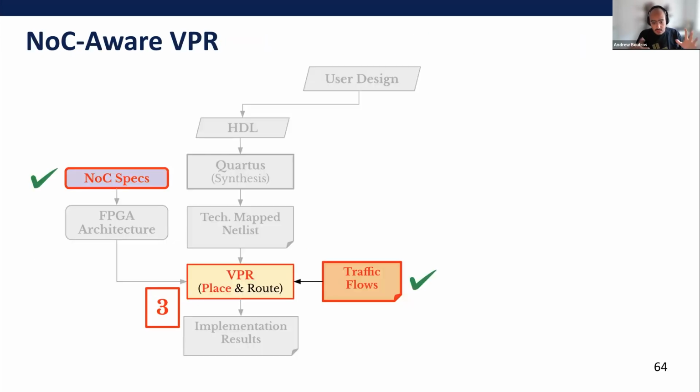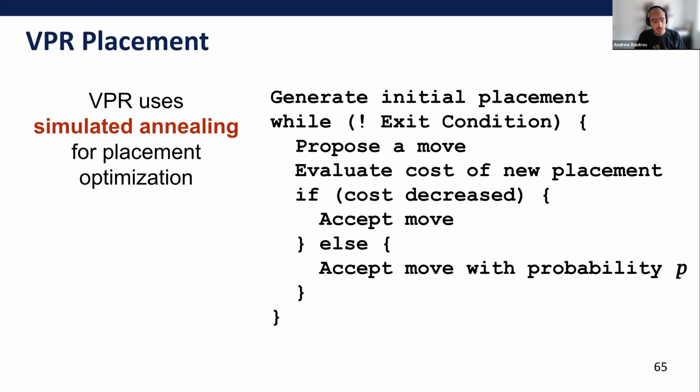And then given those two new inputs, now we move on to the actual placement engine inside VPR, and how do we make use of those two inputs to optimize the NoC placement. So VPR uses simulated annealing for the placement of normal circuits, and simulated annealing typically works as I'm showing in this pseudocode. So you start with an initial placement that can be random or a little bit better than random, and then